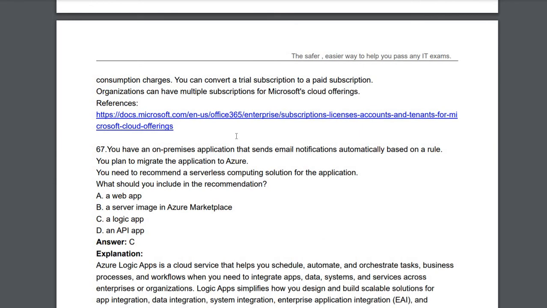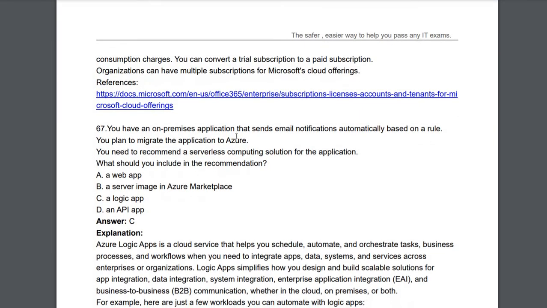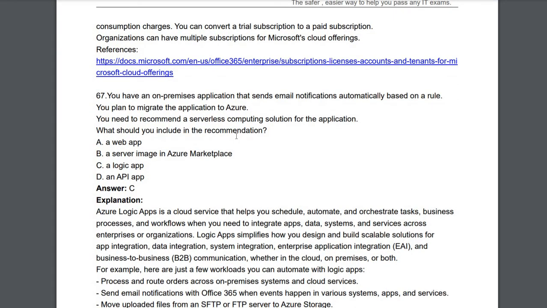And next, you have an on-premises application that sends email notifications automatically based on a rule. You have set a rule, and based upon the rule you will get automatic email notifications. Then you are planning to migrate the application to Azure. You need to recommend a serverless computing solution for this application. What are you going to recommend? So for making a rule or these things, you can have a Logic App.